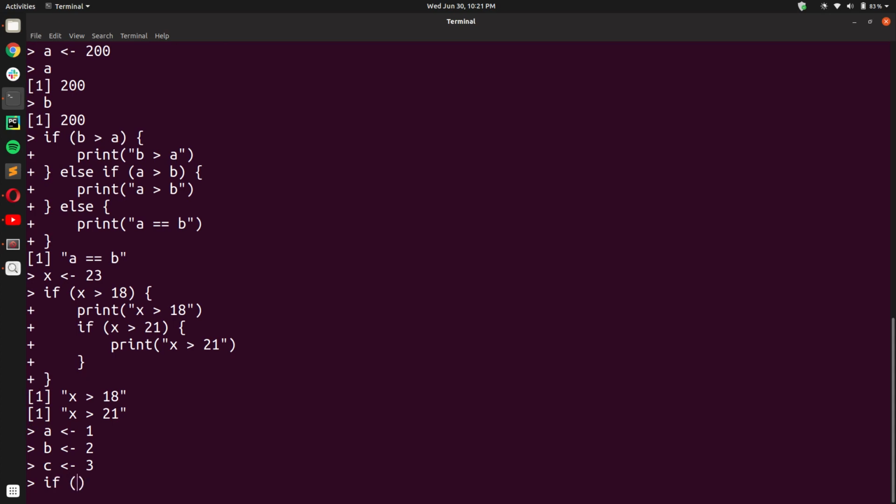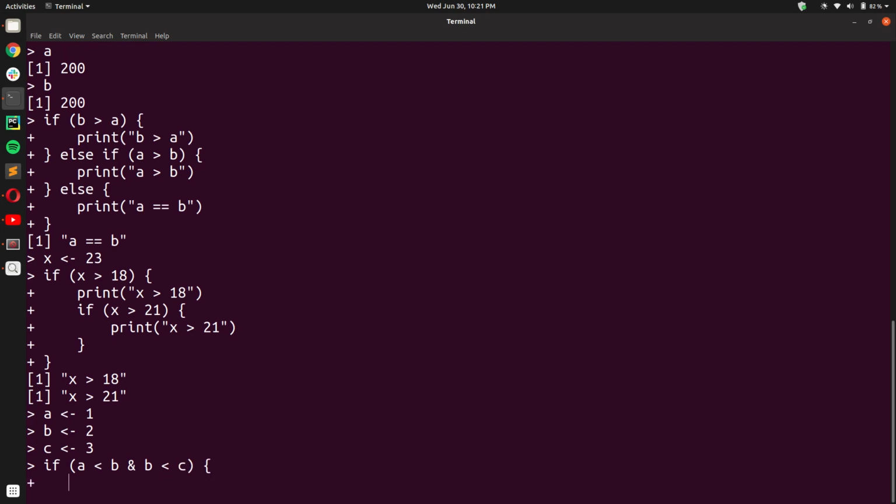Notice that the logical AND operator returns true only if both statements on either side return true. So let us say we have two statements, a less than b and b less than c.